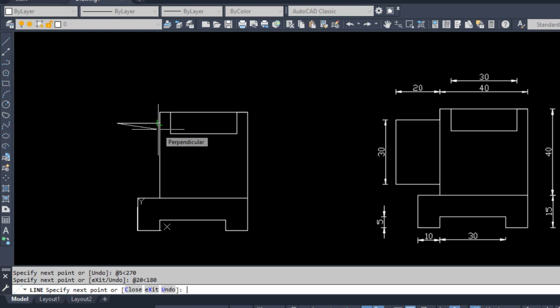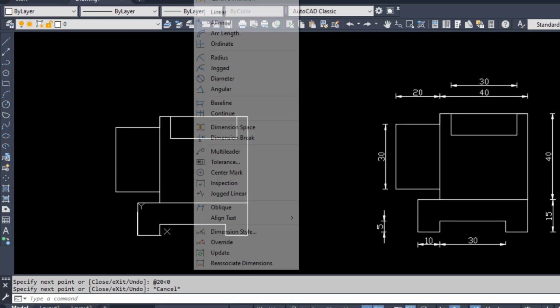See. Now I have to go to the vertical y direction. So again it is 30, so it will be 30 less than 270 degrees. And I have to make the drawing fully back, so I will press shift at the rate 20 less than 0 degrees. Now once my drawing is fully completed, I will press escape key.